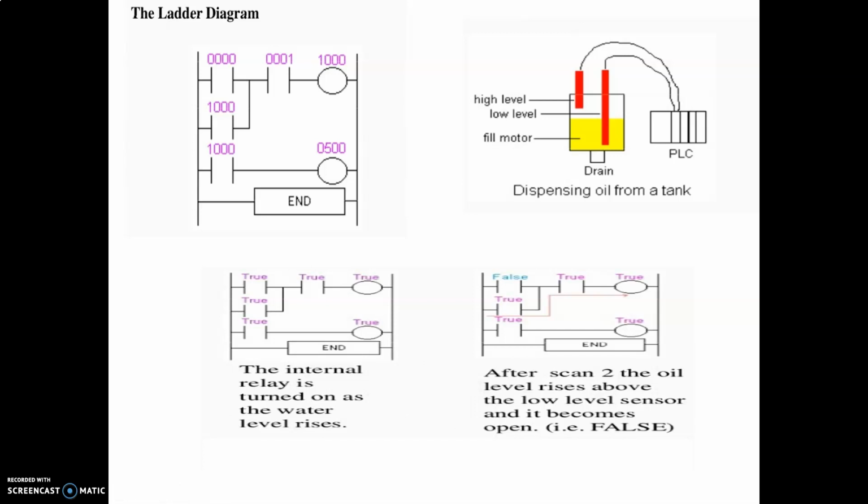Right. Now once we get this information, if the motor starts running, the level of liquid will start moving in the upward direction. Now when that happens, look at this low level sensor. As the level of liquid is above it, it will become false. But the condition is that our motor should still be running, right? That's why there is the use of this kind of connection here.